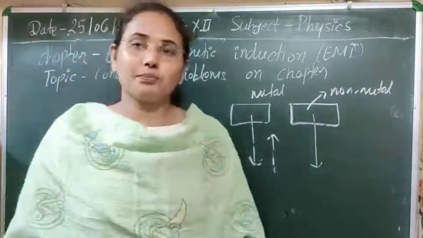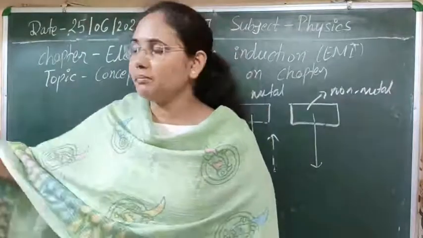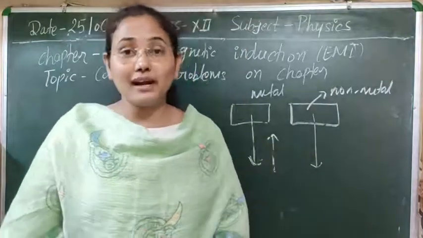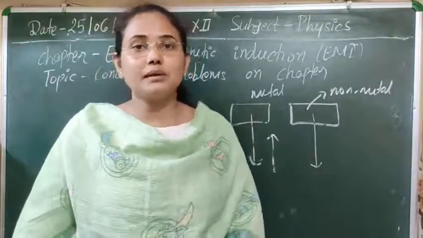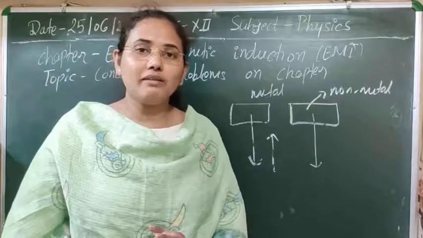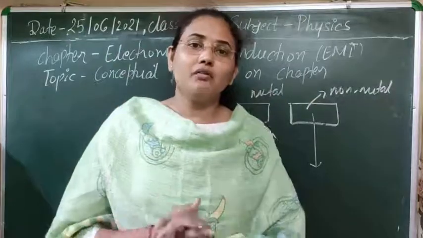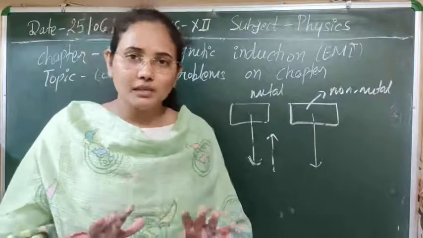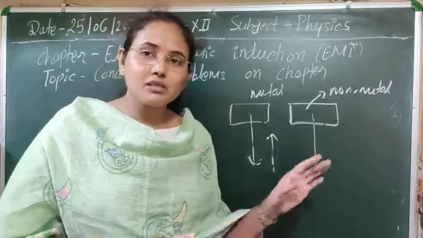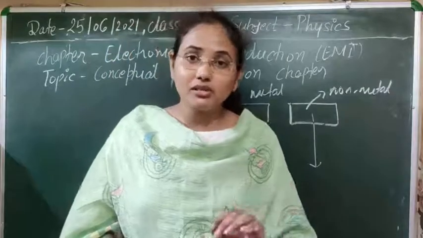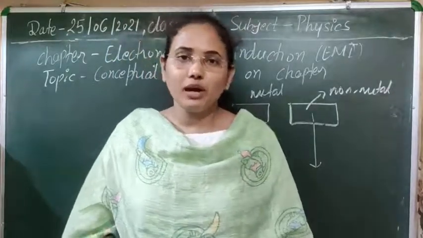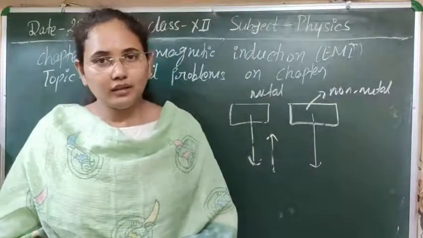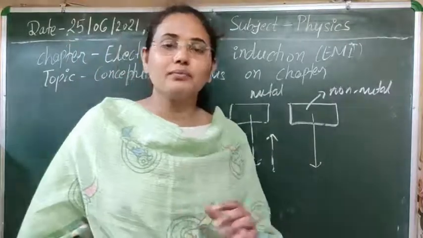So I think the induced EMF concept and the gravity concept are related to each other, and for that you don't have to take only one concept into consideration. If one takes only the gravity concept, objects of the same height will fall and come to the ground at the same time simultaneously. This concept is not actually applicable here, because you have to consider the earth's magnetism and see which kind of material you are using. If you are using one conductor and one non-conductor, the non-conductor will come down earlier, and the conductor, due to this retarding force, will come down later.